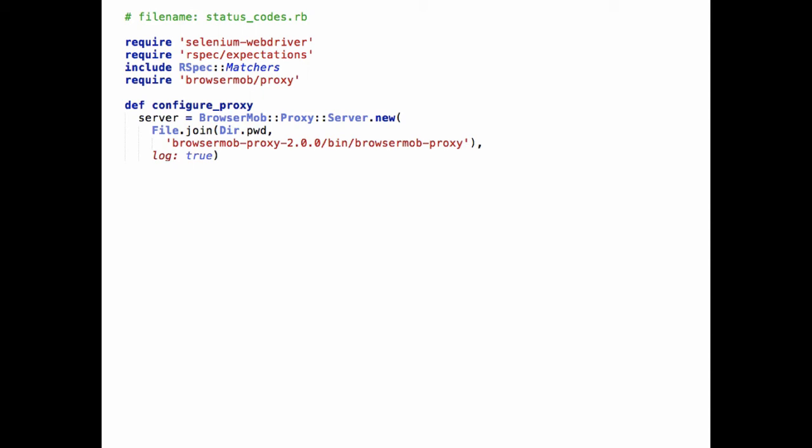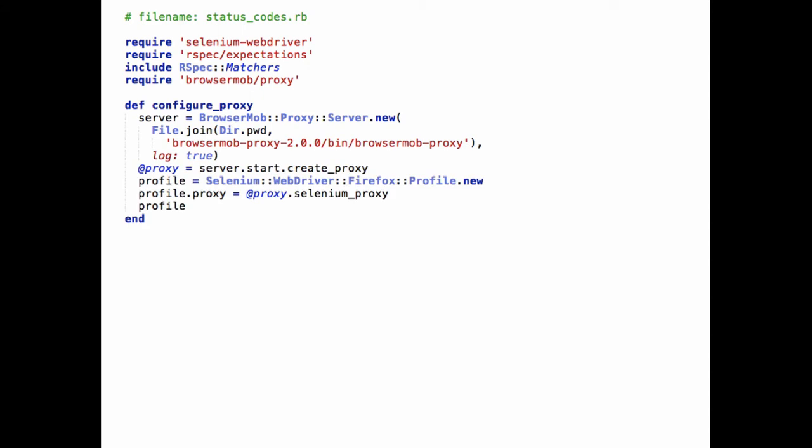And so we're specifying that here, and then we're creating an instance of the proxy once it's started, and then specifying the Firefox profile and making sure we configure it to use this proxy server, and then returning that profile object. And then in the setup, when we call Selenium and specify that we want Firefox, we can pass in this profile configuration, and then we get returned a driver object for Firefox using a profile that is connecting to